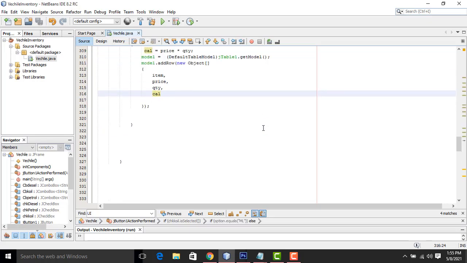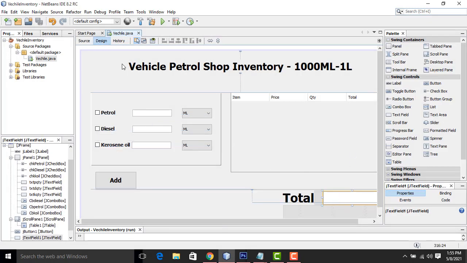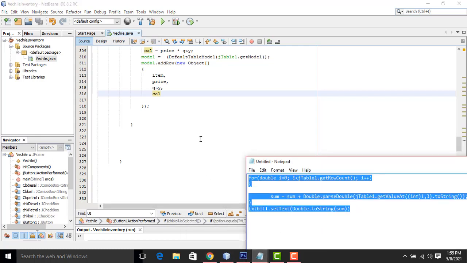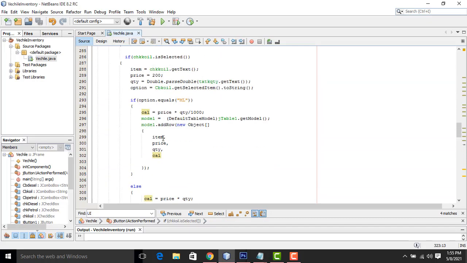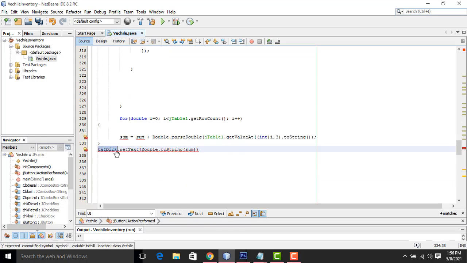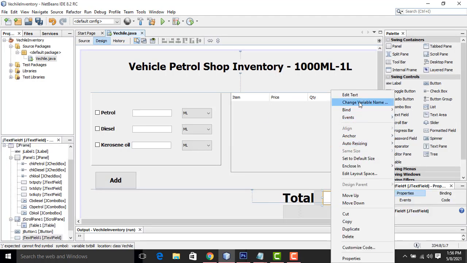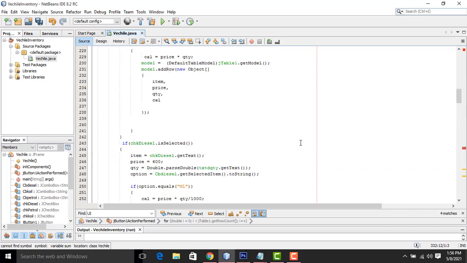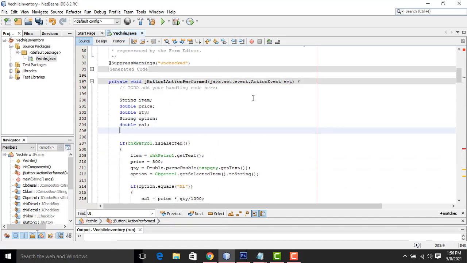Now I am going to get the final total here. This is simple stuff, we have to write a simple for loop. This if starts from here and closes here, we have to put it here. So txt bill is the name, we have to give txt bill, right. Now we have to create the variable sum above. We create the variable double sum equals 0, right. Now it will work.